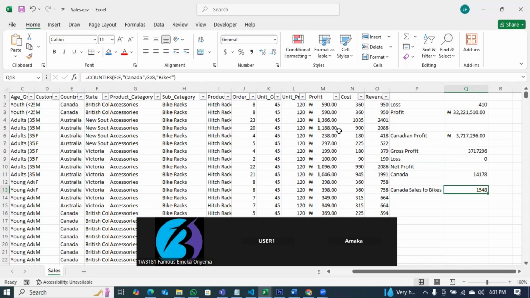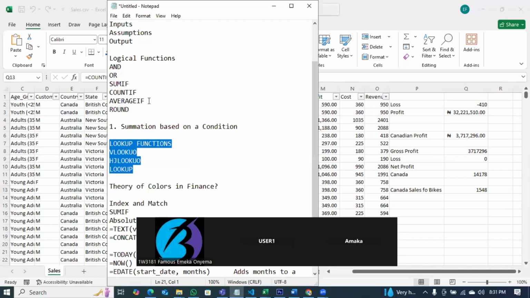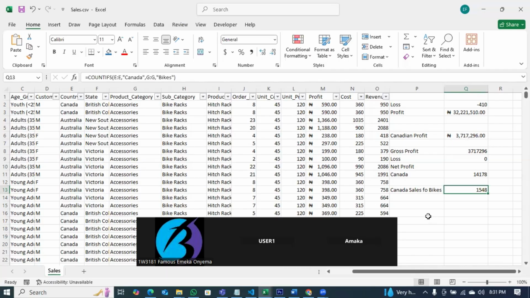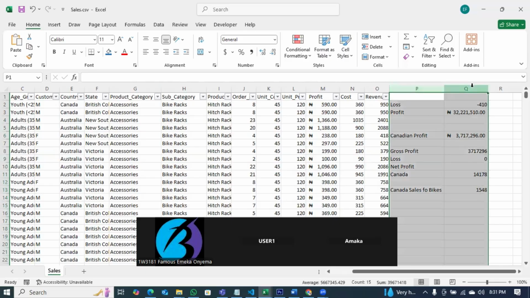Yes, sir. Very good. So now that we understand how to use COUNTIF, AVERAGEIF is the same thing, and then we did ROUND. I don't need to go through that again. We already did that. Then we looked at lookup functions, VLOOKUP, HLOOKUP, and all of that. Now, VLOOKUP and HLOOKUP are very practicable. They are very useful, and I want to strongly encourage us